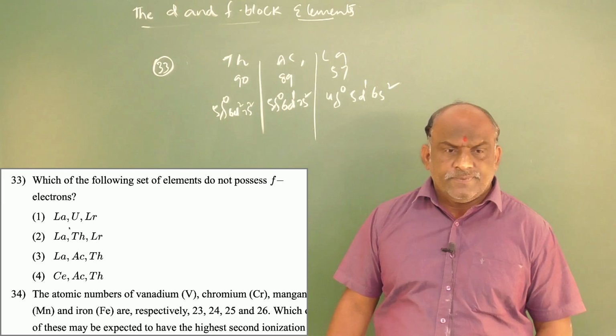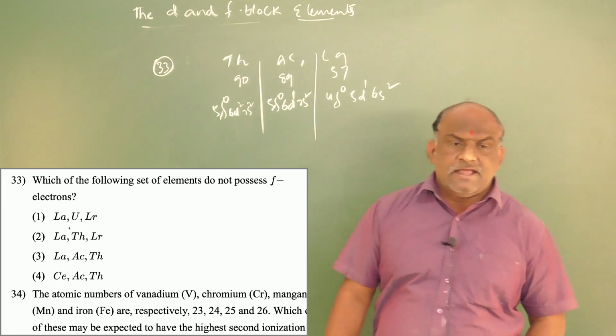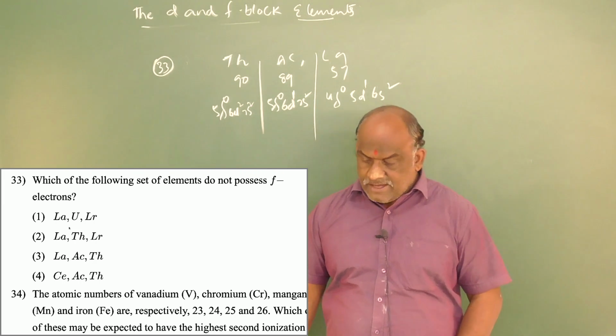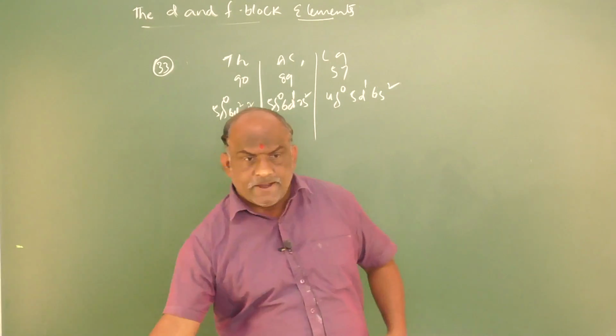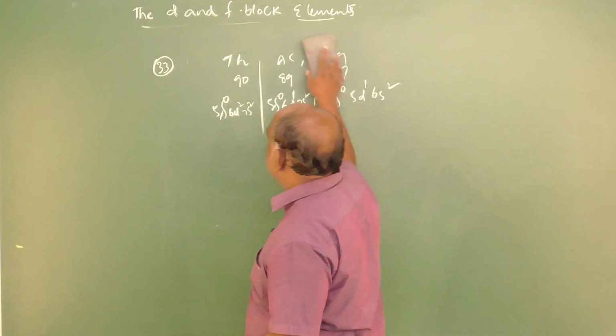Where is the answer? Option 3 is the right answer. Lanthanum, actinium, thorium is the right answer for question number 33. And after that, the next one is